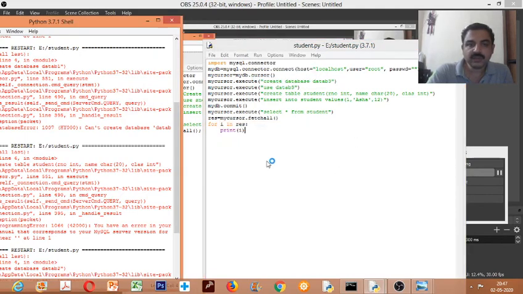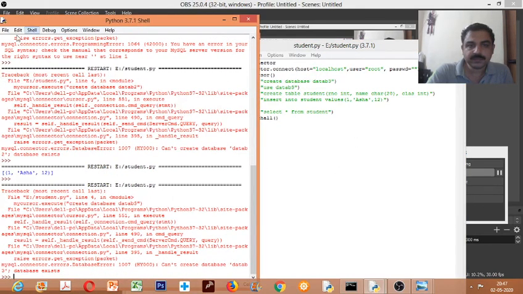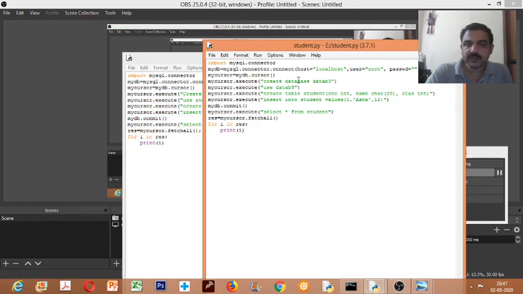So actually how this is working. Here create database is executing every time. So there is a solution for this also. We need to delete this and again run it, then only it works. Otherwise you have to change the name each time. Now we have specified here the database name is data b3. If you go to MySQL and see, there will be one database called data b3 and one table created, and data will be stored there.